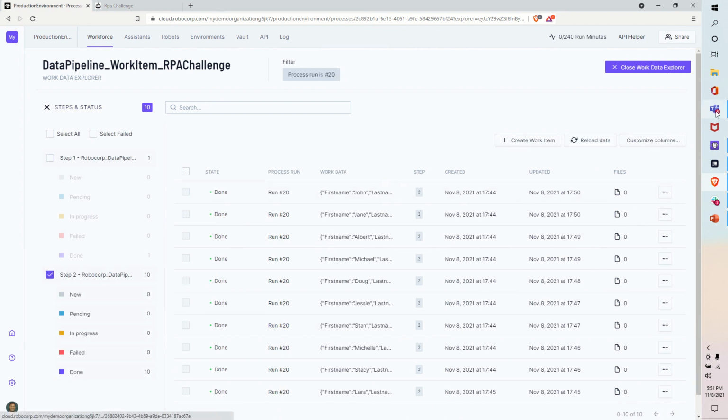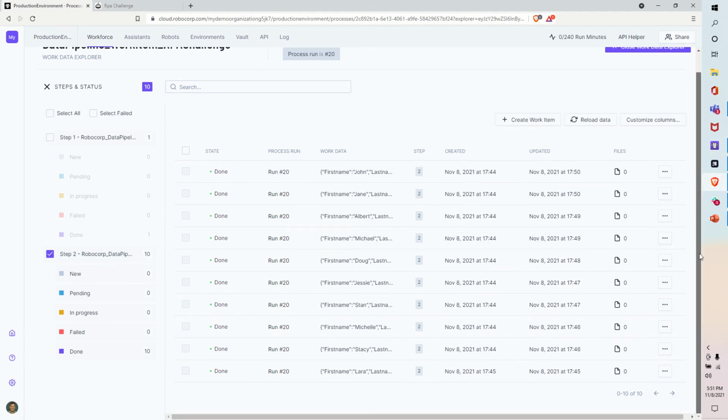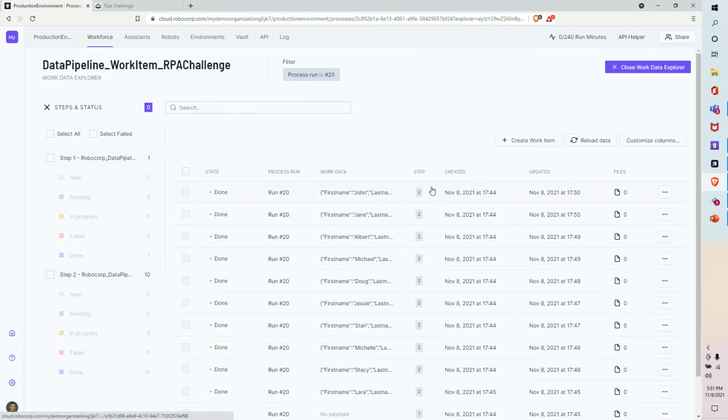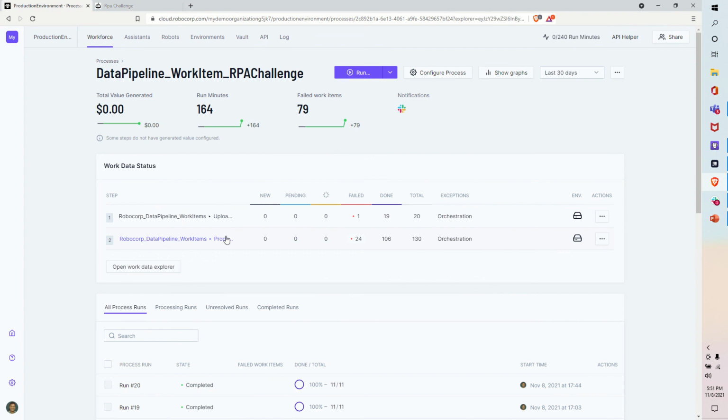Step 1 was the step which uploaded the data and created each record, and then it was the input. So the output of the first step is the input for the second step, where we are consuming the data and processing it. So for run number 20, if I select it, you can see there are 10 entries.